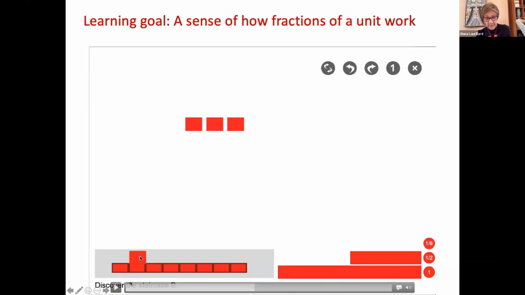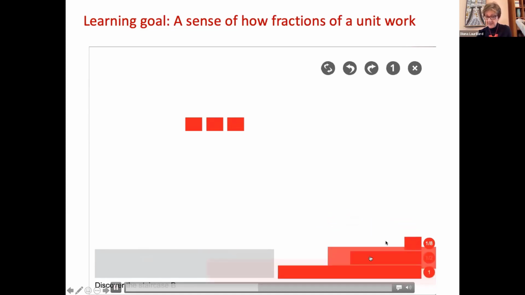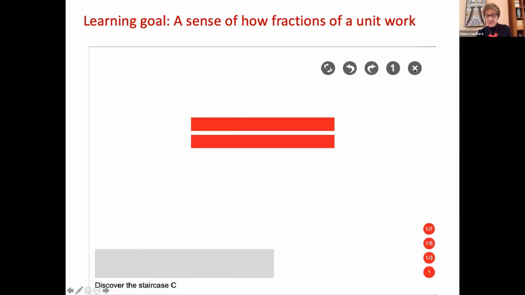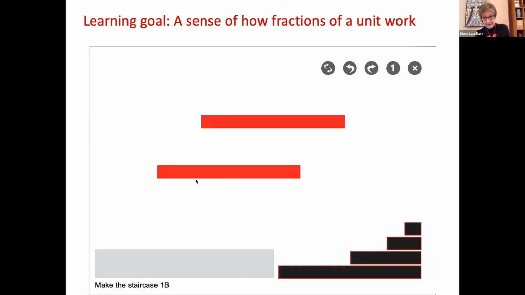So they can check by using this, another clever device from Nick, which is a sort of ruler, and you can count how many of these we've got in the unit rod. And there are 8 of them, so therefore it must be an eighth, and indeed it is. Okay, so you can get a sense again that this is exactly the same kind of approach of designing the actions that elicit thinking about what a fraction is and how to make it out of other numbers, other fractions